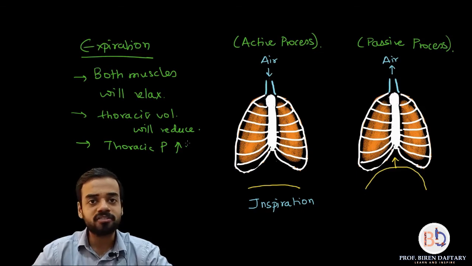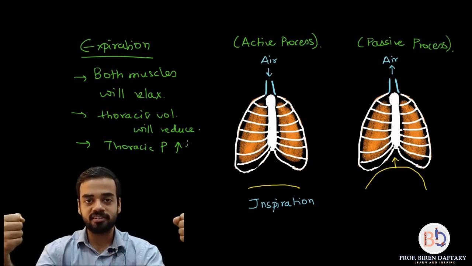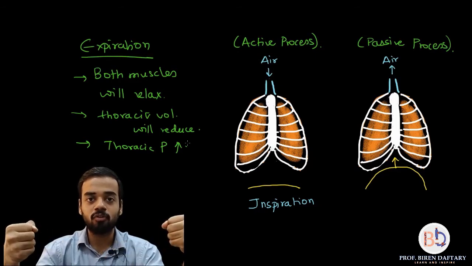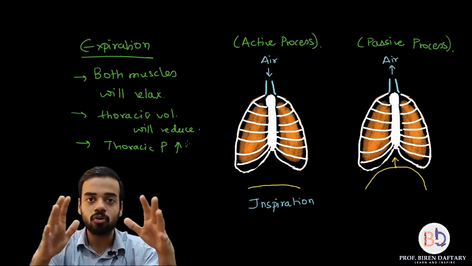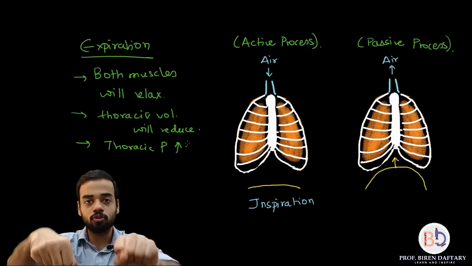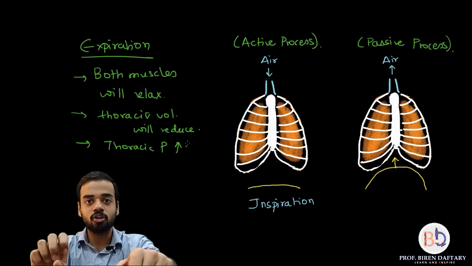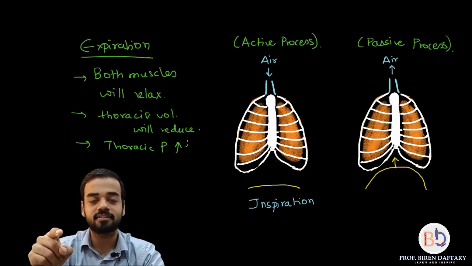Why? Because relaxation of muscles doesn't require energy. See, contraction of muscles is like this. If you pull a string, you require energy, because you are creating tension. But if you want the string to go back to its original position, you don't need to push it. If you leave it, it will go back. You don't require energy to do that. Similarly, if you have a wet cloth and you twist it, you require energy. But if you leave it, it will uncoil. It doesn't require energy.